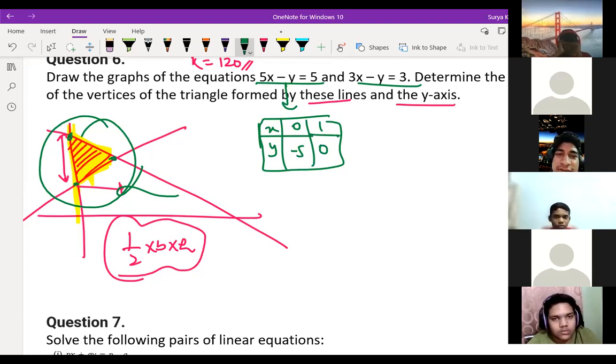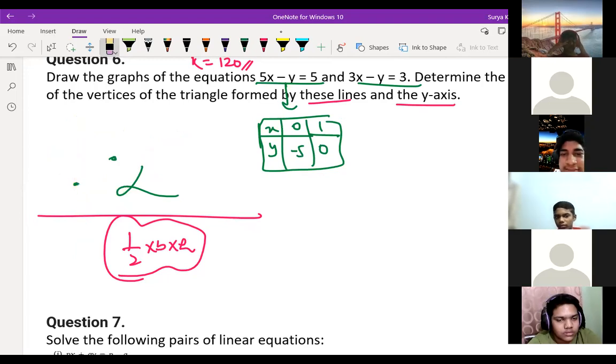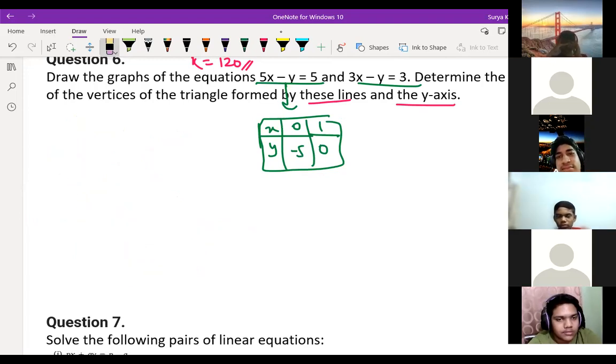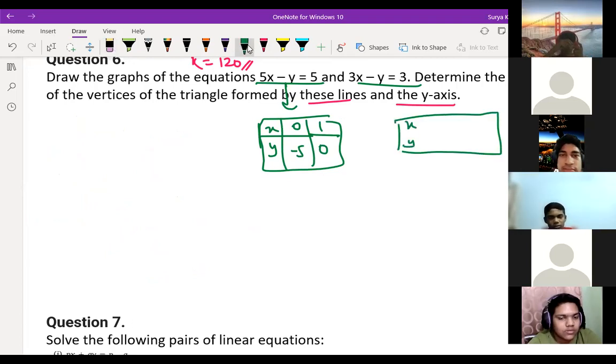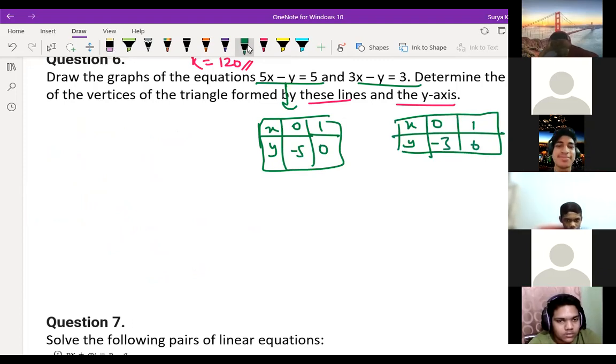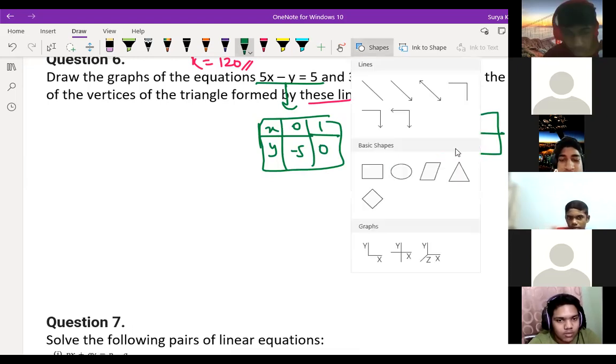Sir, actually you gave two coordinates already, sir. So this is not required. It means you can draw exactly with the help of these coordinates. Now the second coordinate is here, x and y. You put x is equal to 0, then y is equal to -3. If y is equal to 0, then x is equal to 1. This is the same thing, children, right, Javian?